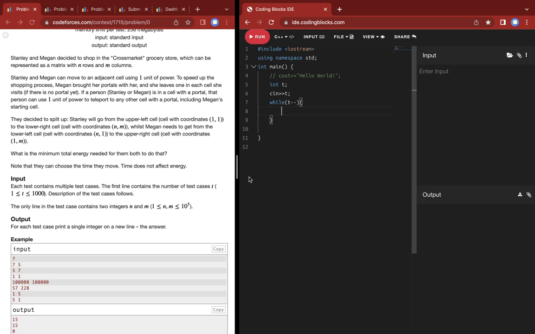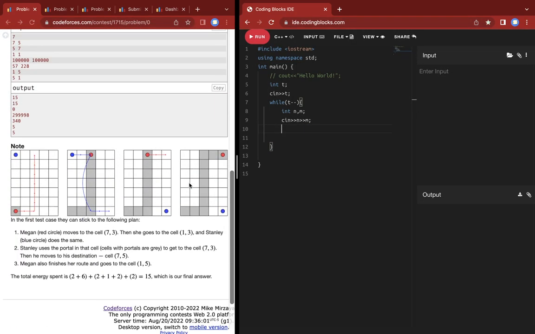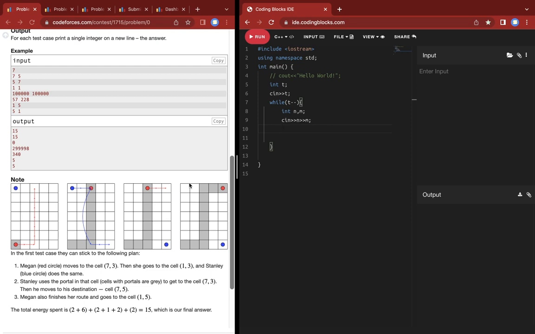So if a grid is of n cross m, then this is the way to go. We will use this technique every time, so the answer will always be equal to,